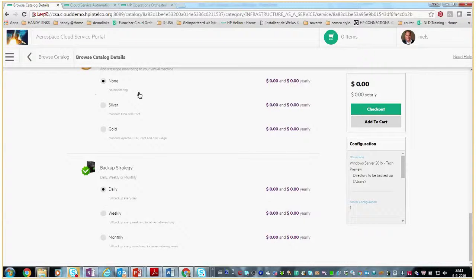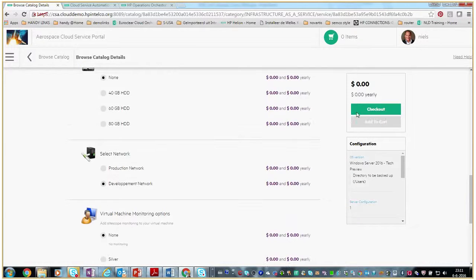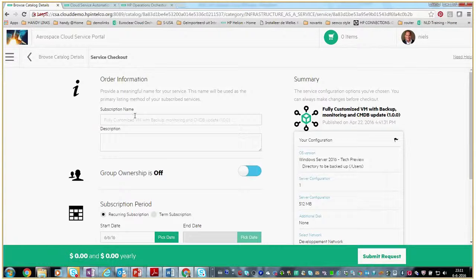If it's only for a test for, let's say, a day or two, I can choose not to have monitoring on it, or I can select silver or gold for more advanced monitoring, but then I would pay for it, or I can choose to have a daily, weekly, or monthly backup to it. When I've selected the service that I want, I'll go for checkout, and here again I give it my name,